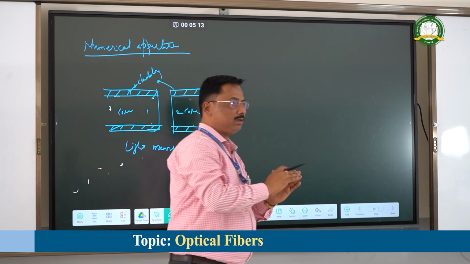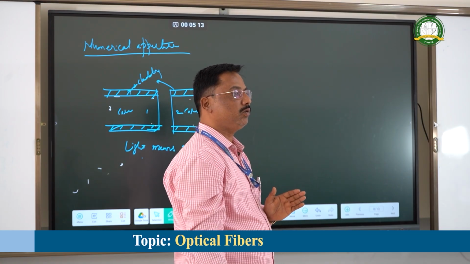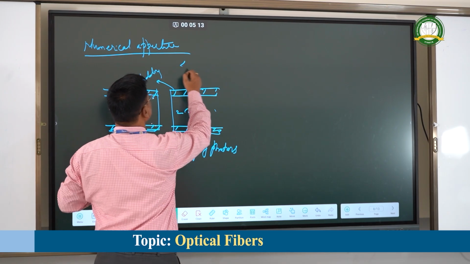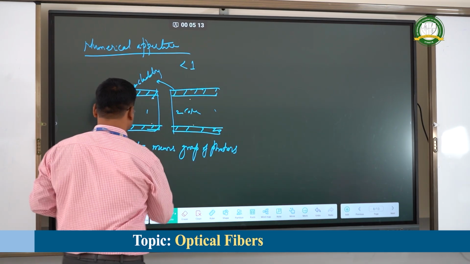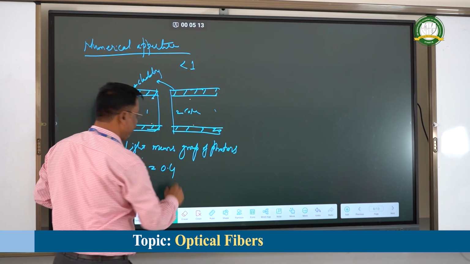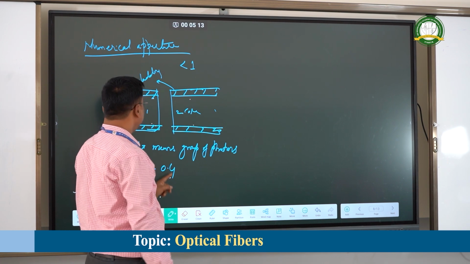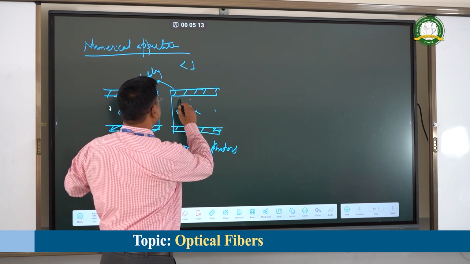If all 100 photons are coupled into the second fiber, the numerical aperture is equal to 1. Always the numerical aperture value is less than 1. If the numerical aperture NA equals 0.4,